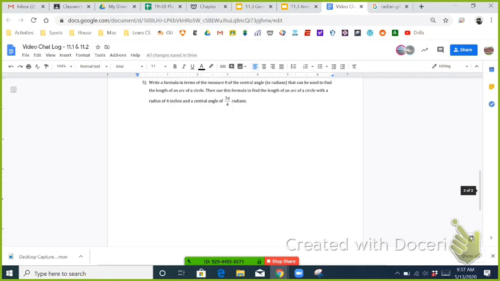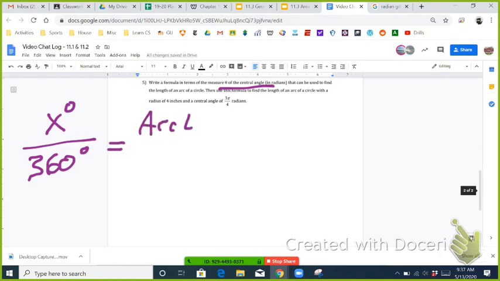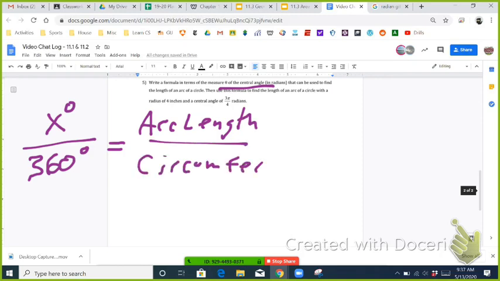So x degrees is the central angle measure, the same thing as theta right there, but this is in degrees. And we put it over 360 because that represented a full circle in degrees. Then we set it equal to the arc length divided by the circumference because those two things were proportional. Central angle in degrees over the whole circle in degrees is proportional to the length of the arc determined by